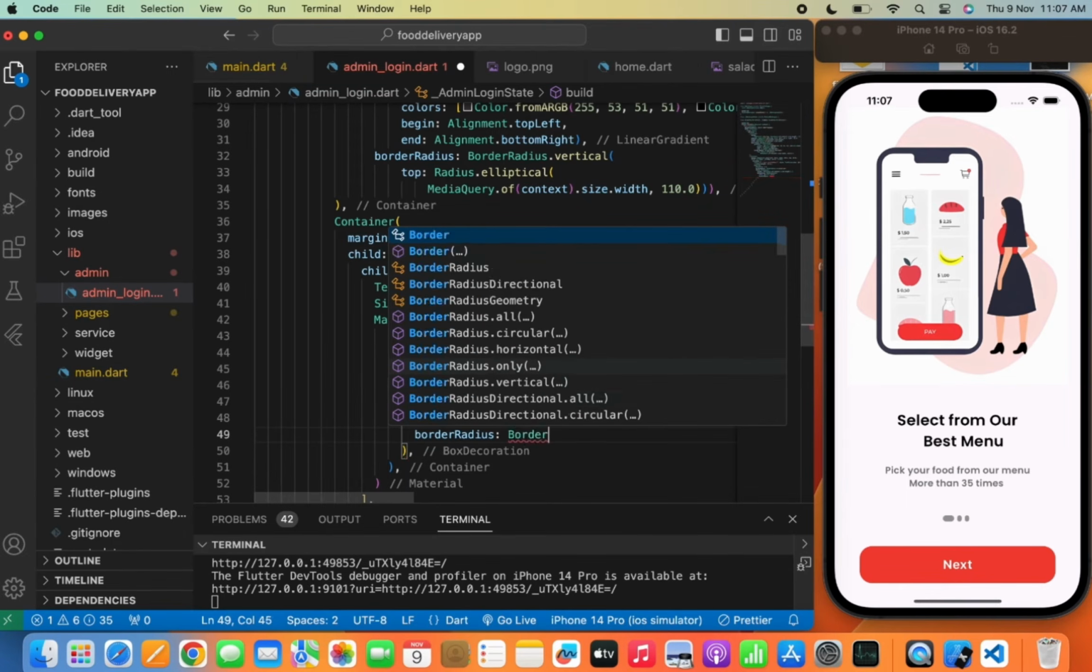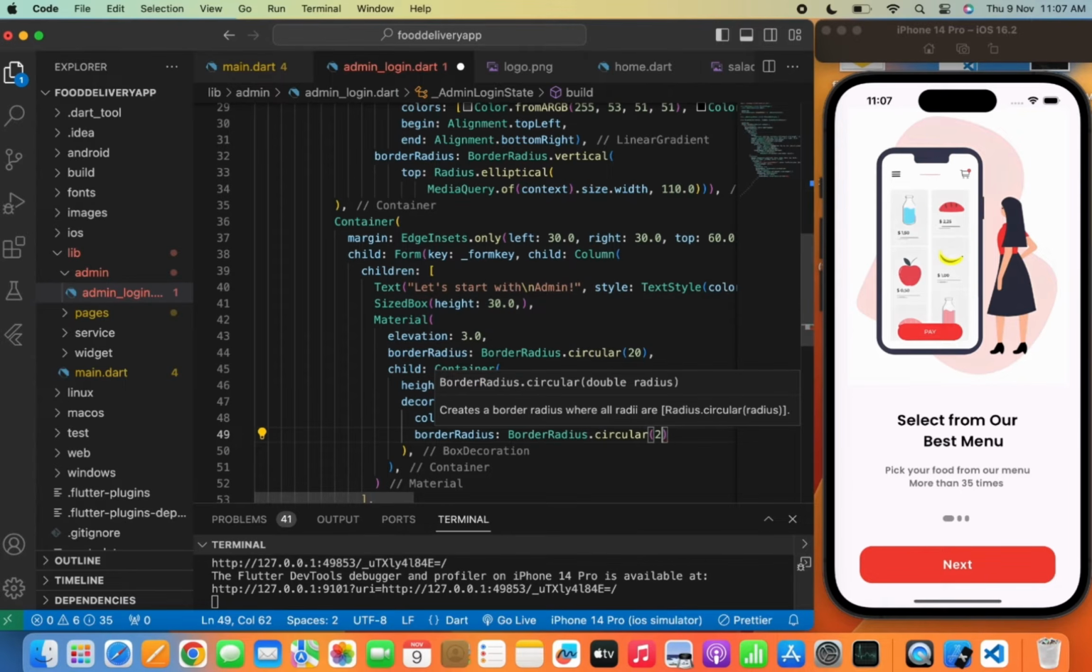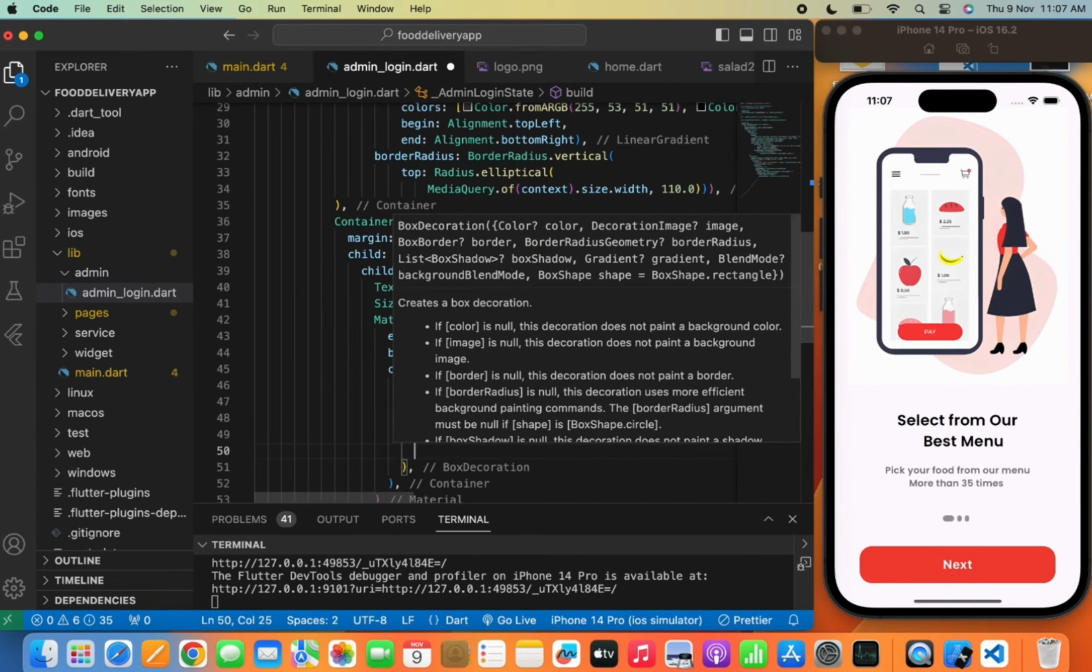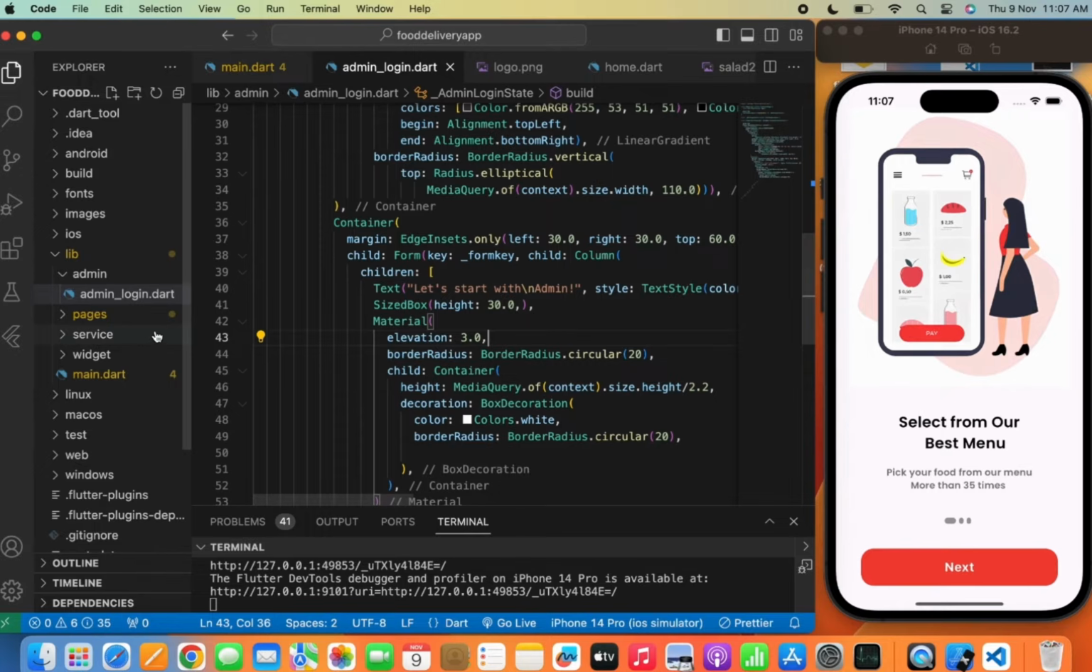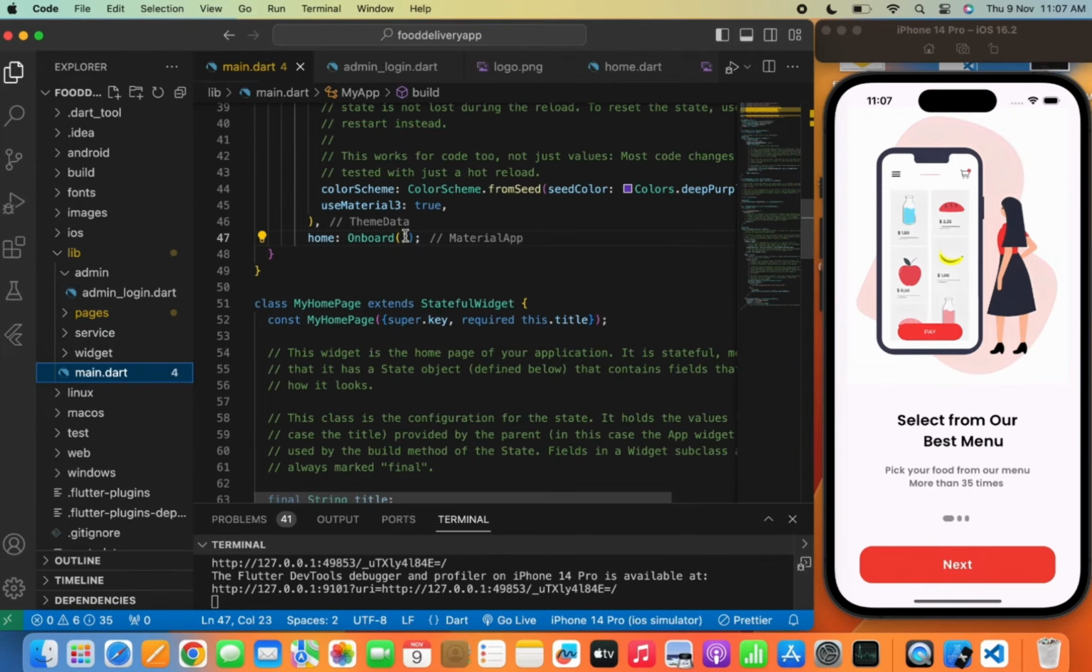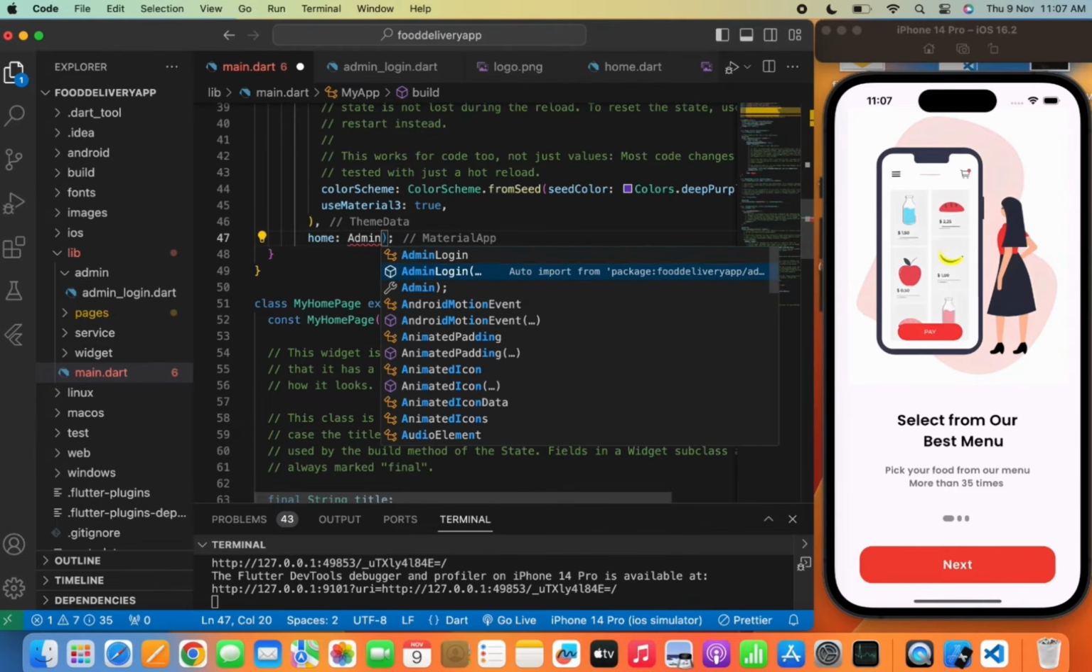Now decoration, box decoration, and we'll write colors.white, and we'll provide the border radius to the container here. Now you might be wondering what all code I am writing in the admin_login.dart. Sorry, let me show you what all I have written inside the admin_login.dart here. Now let's move to the main.dart file, and here I will call the admin login and hot restart